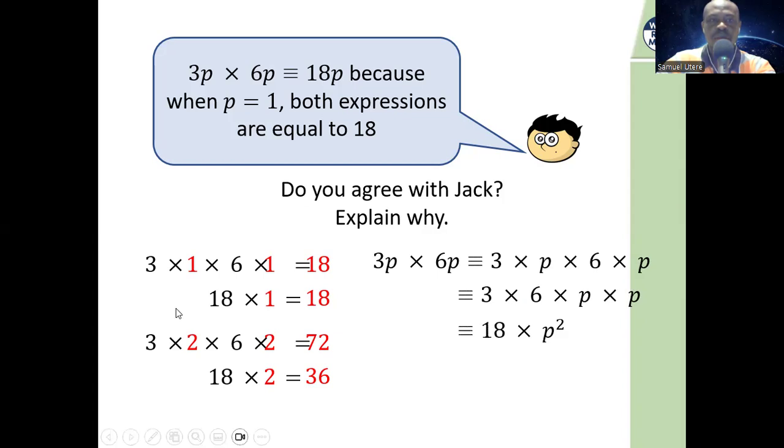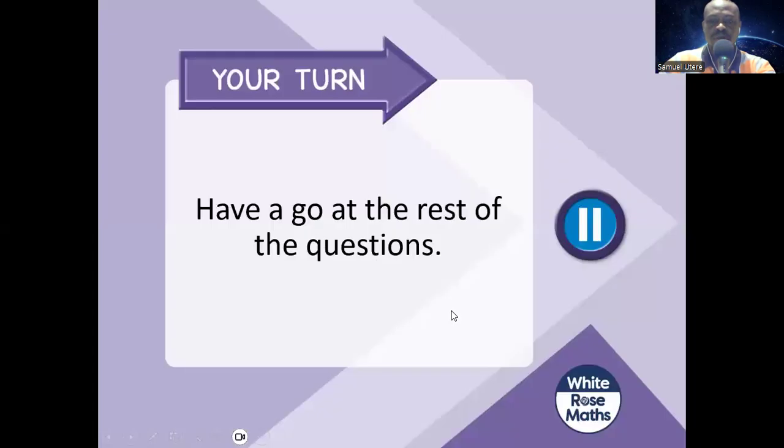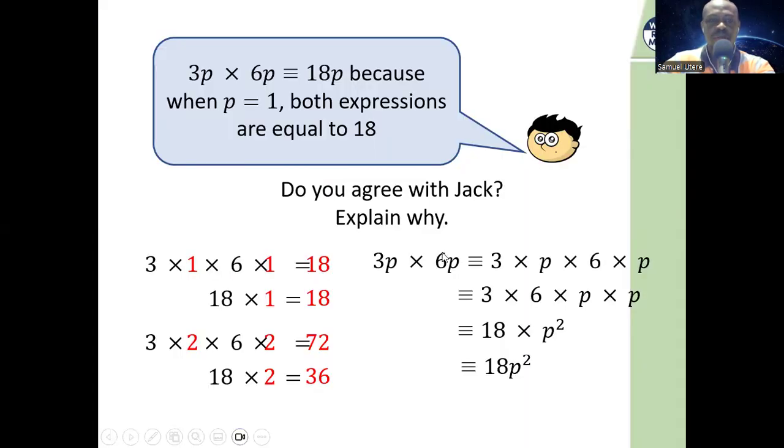So this is 18p. So this is 3p times 6p. So when we check it, we seem to get different values. Now, another way to think about it is if I decompose this and write it the way it should